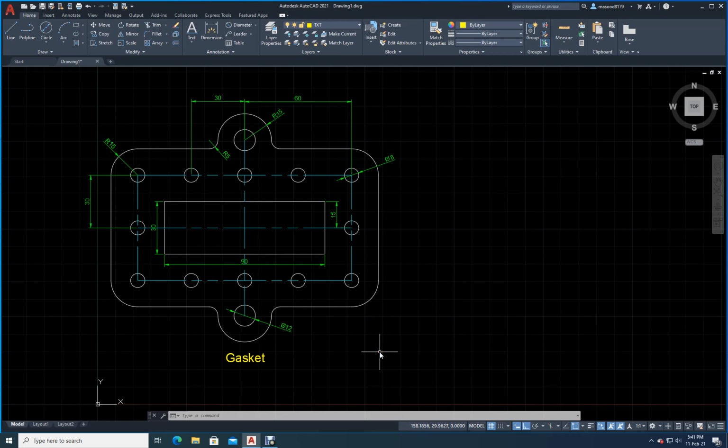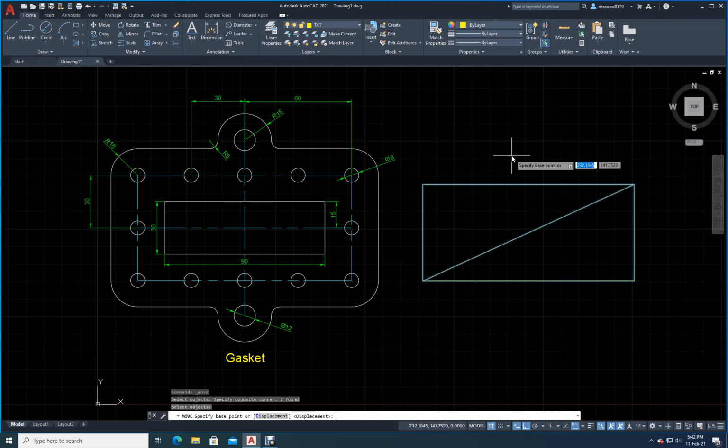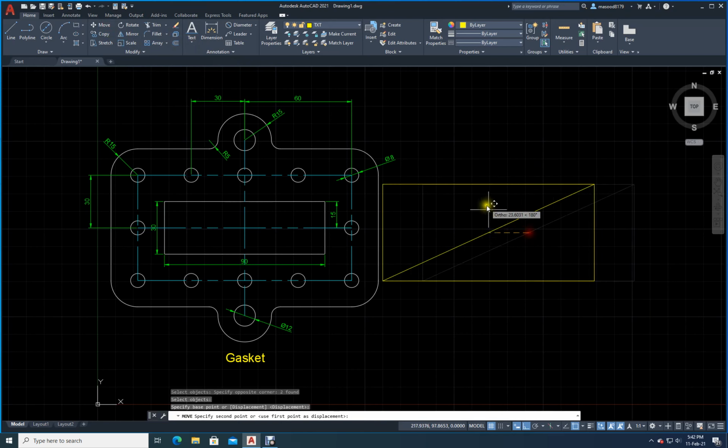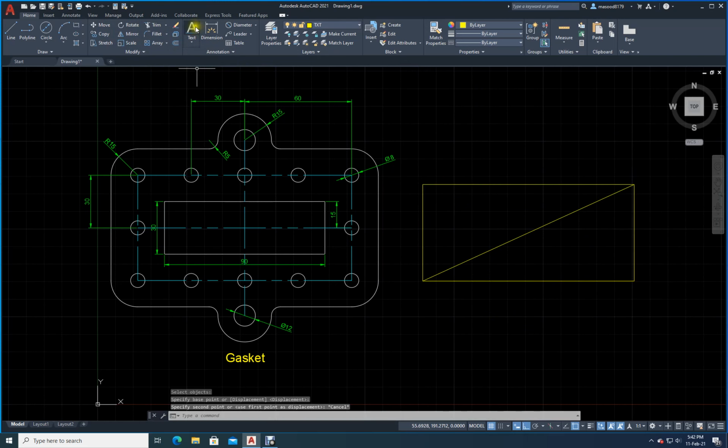Okay. This is the way we do this drawing. Here, what is the new thing you learned? You learned this one. See, what did I do? I have just drawn a rectangle like this. Some rectangle. Now, if I want to move this rectangle from the midpoint, what you can do? You can draw a line from here to here like this. Then what you can do? You can make move, select everything, enter from where? From the midpoint of this. Then wherever you want, you can move. After moving, you can delete the center line.